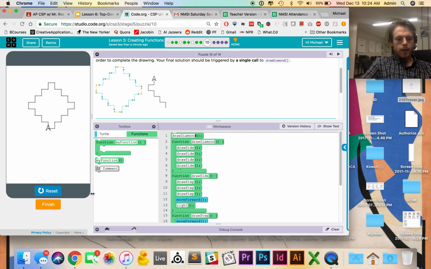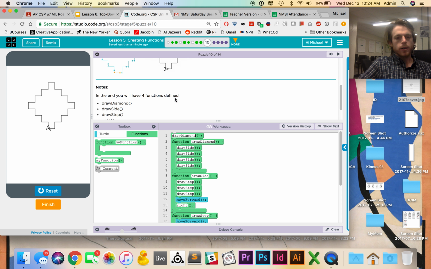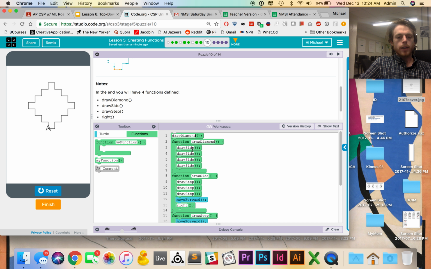Voila, there it is. So this is one of the benefits of using a top-down approach. Once you manufacture certain functions that do what they're supposed to do, whether they're making a single step or drawing a side, we can use these functions at a very high level. So we can just say things like, well, drawing this complex diamond is just making 4 sides. And that's very convenient as computer scientists to be able to abstract away the details of a draw side